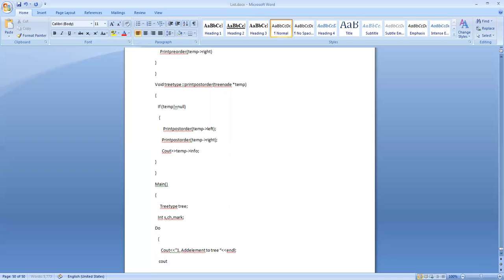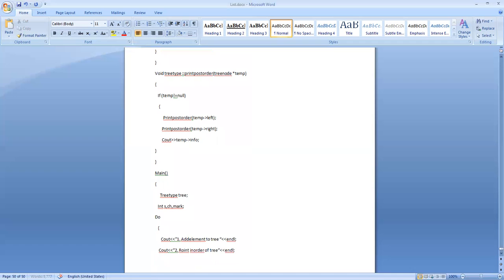Cout, print in order way of tree. Okay, cout, print post order of tree.